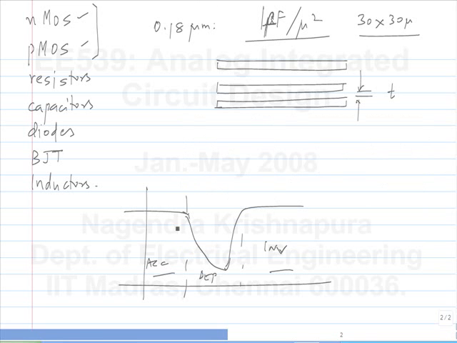You can use the MOS capacitor in accumulation or inversion region if you want a fixed capacitance, and you have to bias it. So you can't necessarily have zero bias across the capacitance. Depending on what bias you have available, you can either use an NMOS transistor or a PMOS transistor as a capacitance.